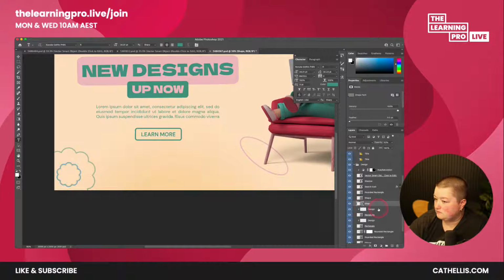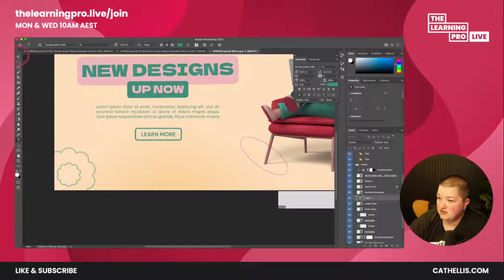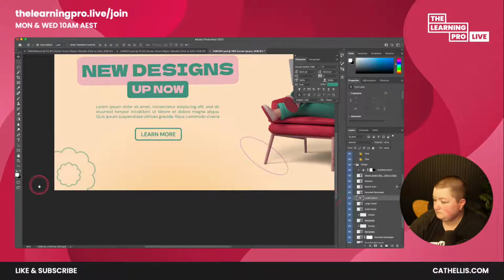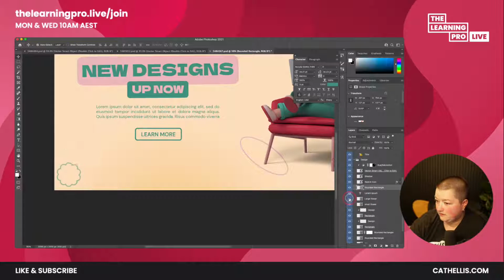So we know that that's a kind of flower. So we just rename things. Flower, small, flower, and then this one was a large. And see the magic here. You can actually see that what that's done is when I clicked on that large flower,